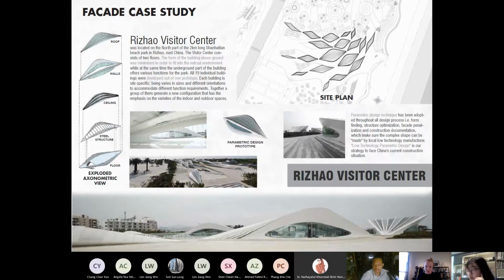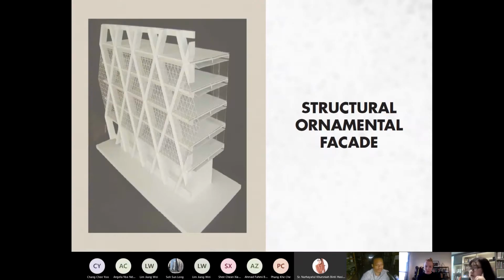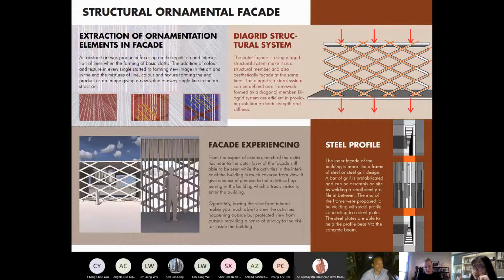Okay, so next, I have a proposal for how my ornamental facade is going to be done. The facade is extracted from the abstract art that I showed before.